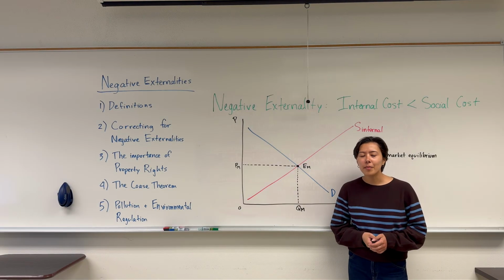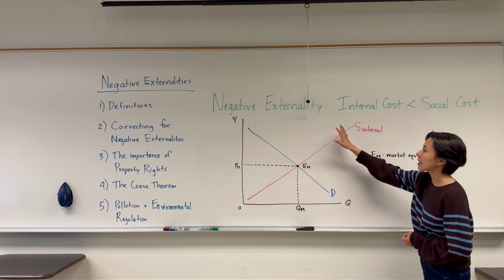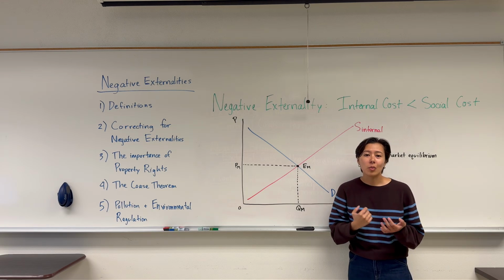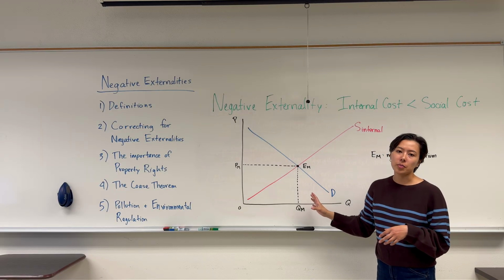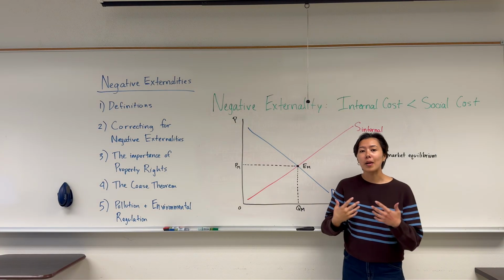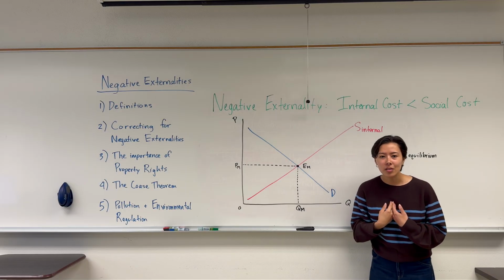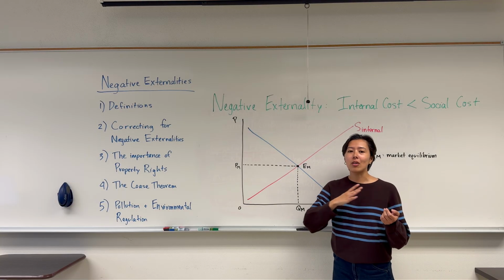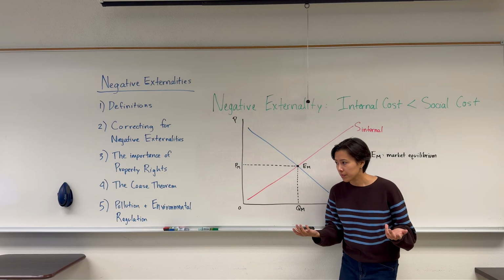All right, now let's talk about how we can correct for a negative externality in the market. So when a negative externality is present, the social cost is greater than the internal cost. What this means is that too much of this good is being produced from society's perspective. And this is because individuals or individual suppliers, like me with my pollutive factory, are only considering the internal costs and benefits of our decisions when we decide whether or not to do something. So I'm not concerned about the costs that I'm imposing on society when I choose to operate my dirty factory.